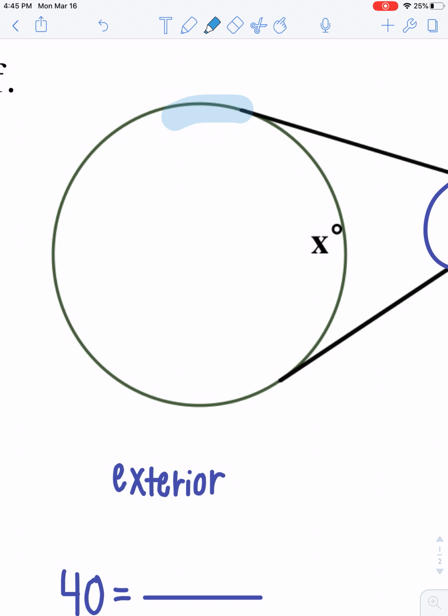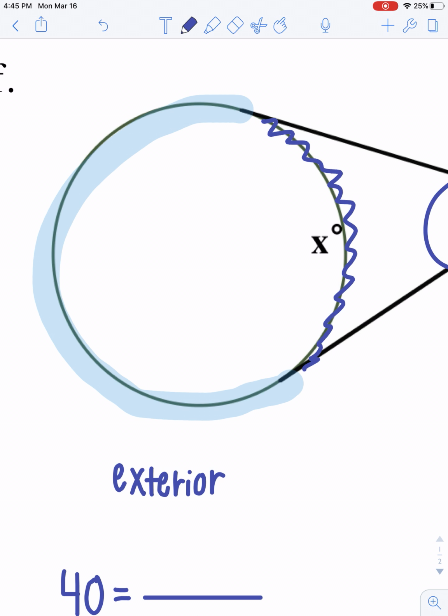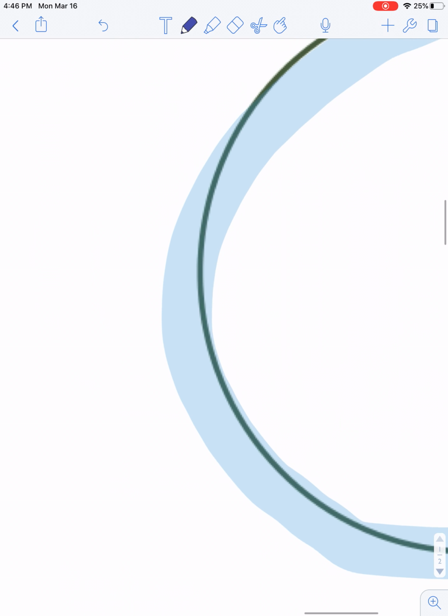So we have this arc here that we don't yet know the measurement for. We are also given an intercepted arc of x. Since we don't yet know this bigger intercepted arc, well, we know a whole circle is 360 degrees and that the other remaining part is x. So we can call this arc over here